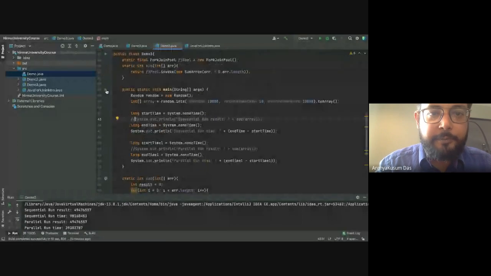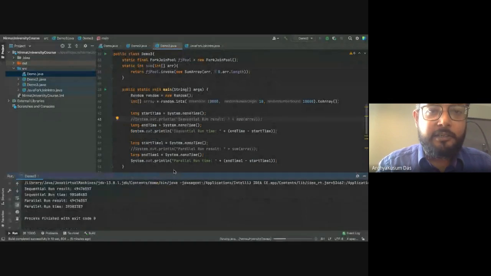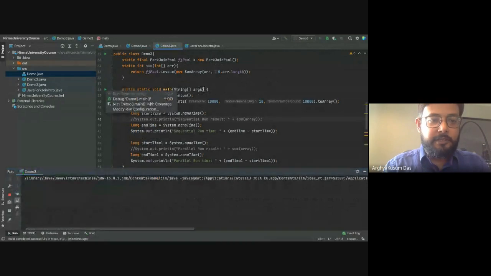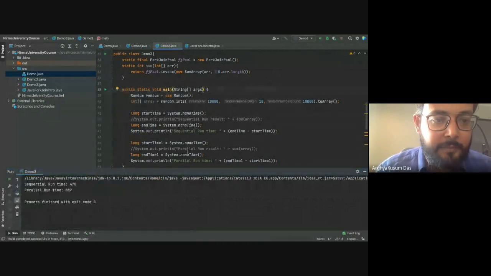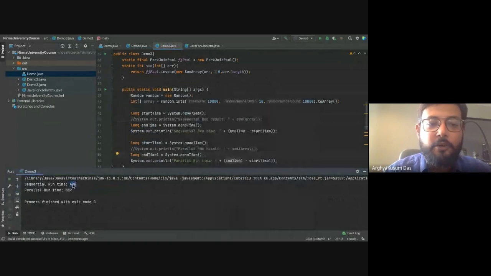Let me show you what may happen on your laptop. Okay, so it is just taking some time. Here you can see that most of the time on your machine, the sequential runtime is less